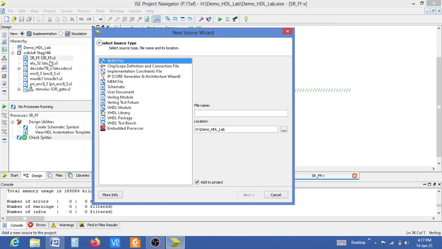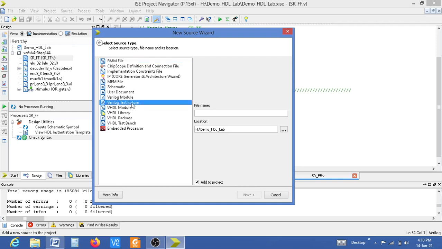Here again we are going to write a Verilog program, but it is not the Verilog module. We are writing the test bench for this Verilog module now. So select Verilog Test Fixture. This is another way of writing a test bench. Earlier we have seen different methods of providing input and testing a module or program. This is one more method.